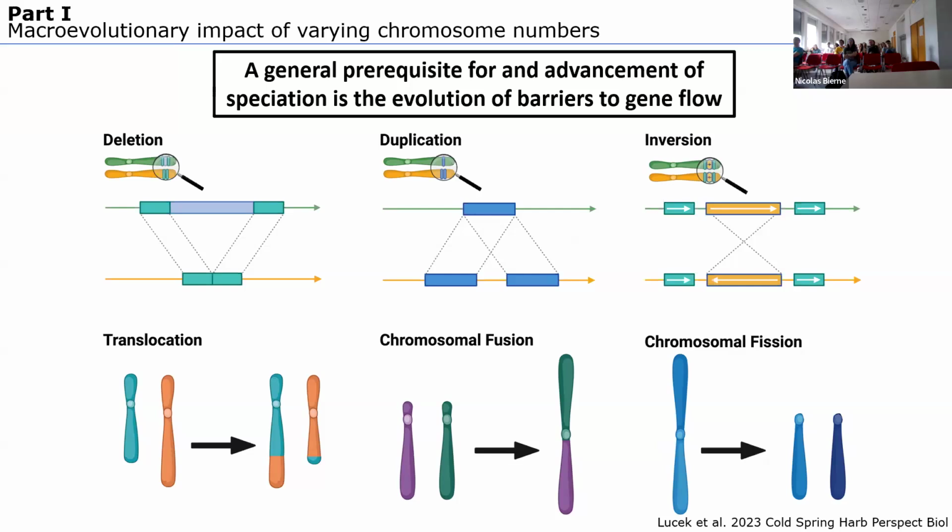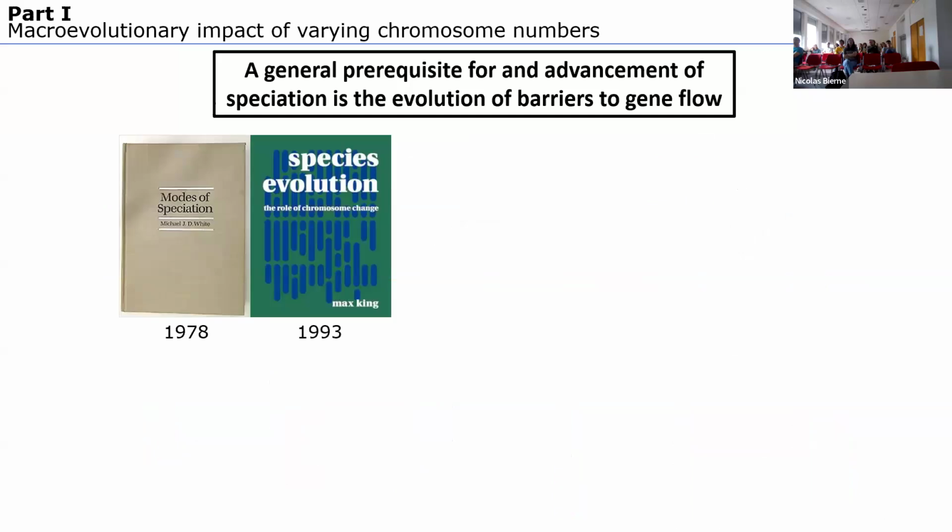But today I'm actually scaling up to something larger, namely chromosomal rearrangements that lead to chromosomal fusions and fissions here in the bottom right. Okay, getting better. And chromosomal speciation theory used to be a thing. So there's this classic theory